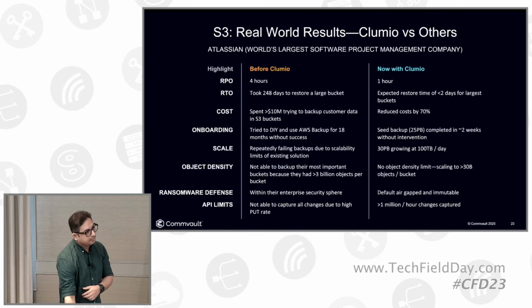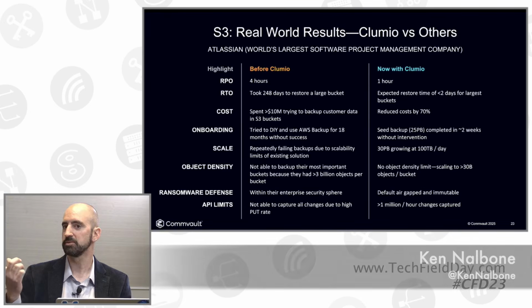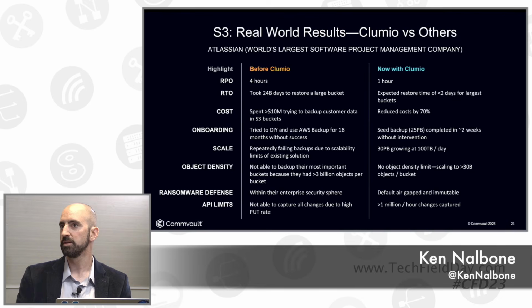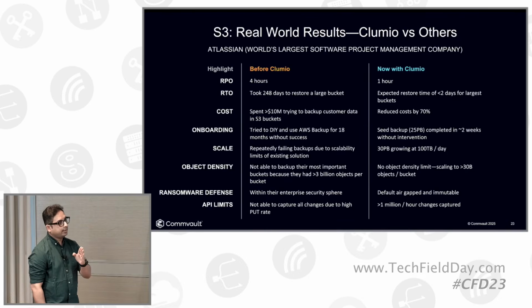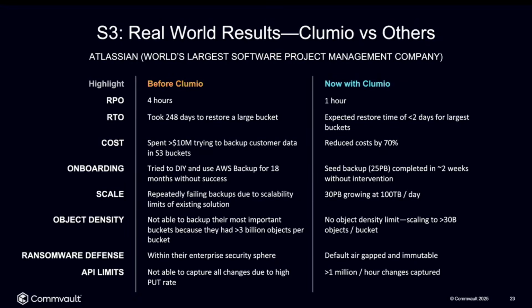I'm really curious about that RTO. What attributed to such a huge improvement that Clumio was able to deliver, specifically? So imagine this, right? When the maximum scale that you have is 3 billion objects, you have to split the bucket into multiple backups, and you need to orchestrate the restore operation from each of those 3 billion object buckets. There's like 10 of those, right? So it's a lot of manual work that you're removing from the customer side because you manage it all. Exactly. We manage all of that, and we are 10x more scalable. Gotcha.